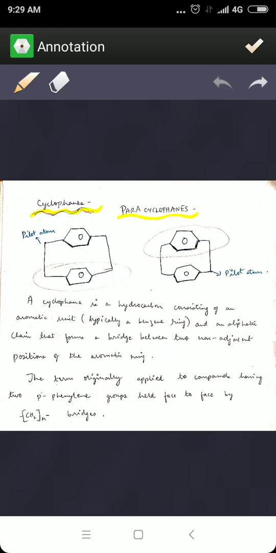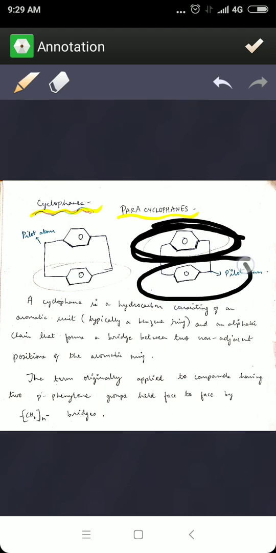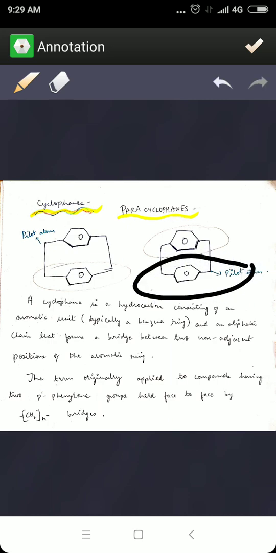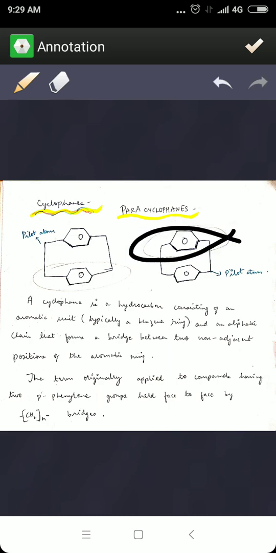Now the other possibility is that, as I already told, these two benzene rings are parallel to each other. When you look at the other benzene ring and the CH2 group on either end at the para position of the benzene, you can see that this now becomes planar. When you consider this whole group to be planar, the other end becomes non-planar. So if this circled part becomes planar, then the other end is going to be non-planar. Now, when you consider the pilot atoms, considering this as the planar molecule, this CH2 group is going to be one of the pilot atoms, or else this CH2 group is going to be one of the pilot atoms.